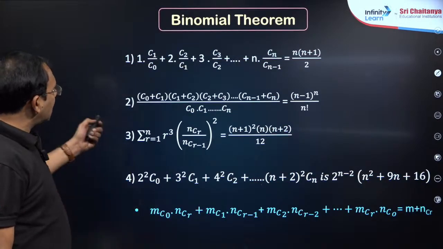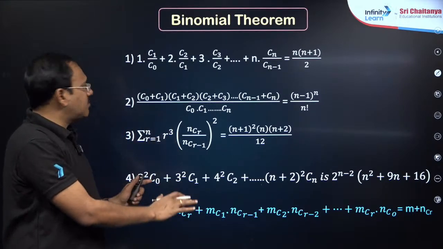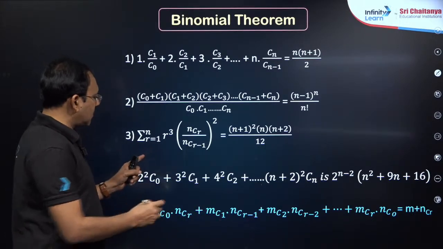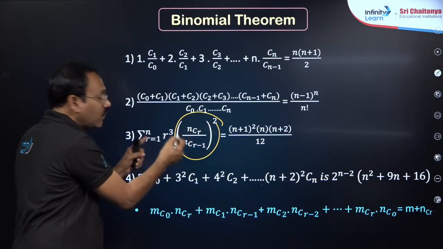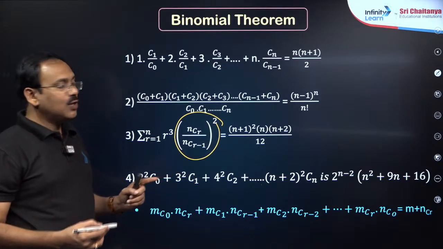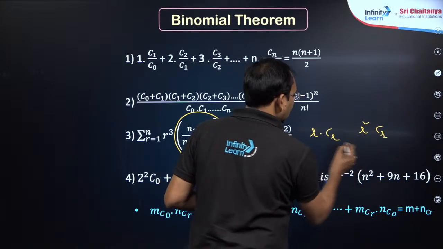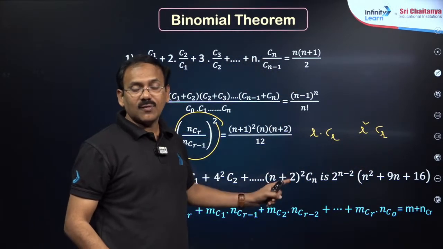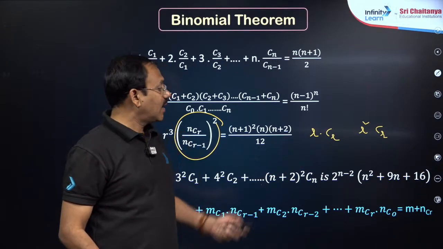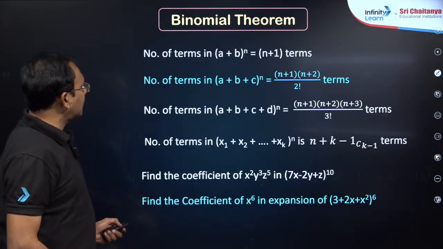Next, dear students, these are some simple applications. Here I am not going through these problems, but generally if you get sigma, 2024 questions are of this kind. If you just simplify this, you will get some expression in r. You need to apply sigma, and you may get r into Cr or r square into Cr. For r into Cr, we have the formula 1C1 plus 2C2 plus 3C3 and so on equals n into 2 power n minus 1. r square Cr also we have. So those results are helpful, my dear friends. Rest of the things are fine.